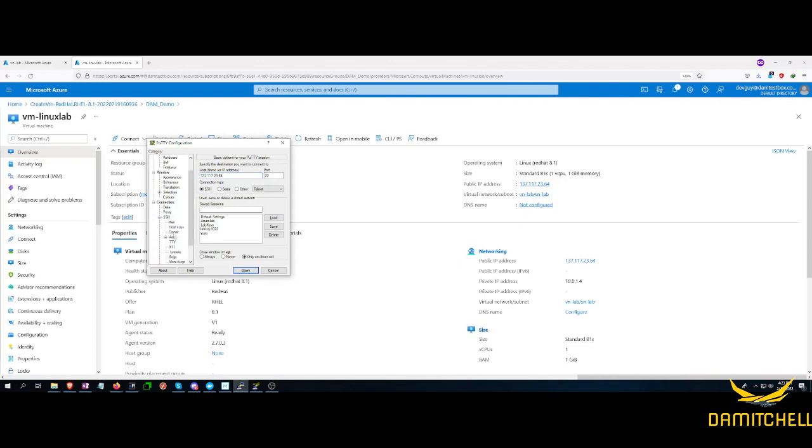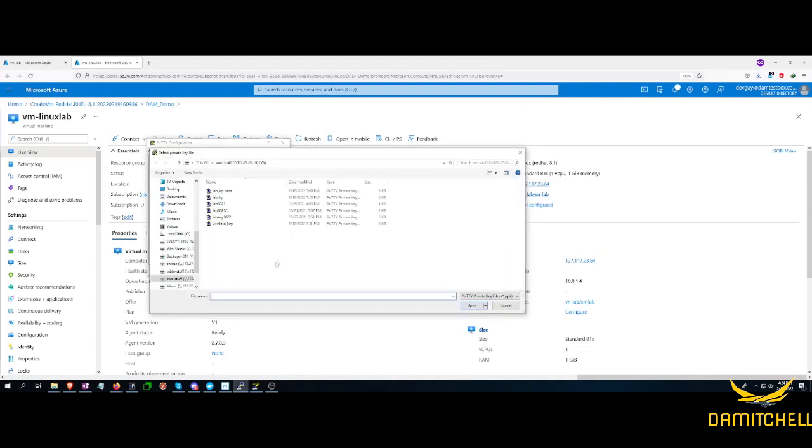You go to SSH, you go to auth. I like allow agent forwarding. I know I like doing that a lot. So let's go ahead and hit browse. And you notice that when you downloaded your key, Azure gave you a PEM file. Now, PuTTY sometimes takes this, but often it doesn't. Depends on how PuTTY feels at the time. Because I know on AWS I used PEM keys and it worked sometimes, and other times it did not. But let's go ahead and use this PEM key,